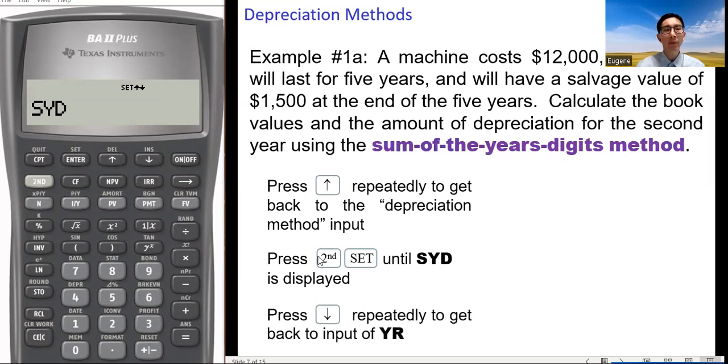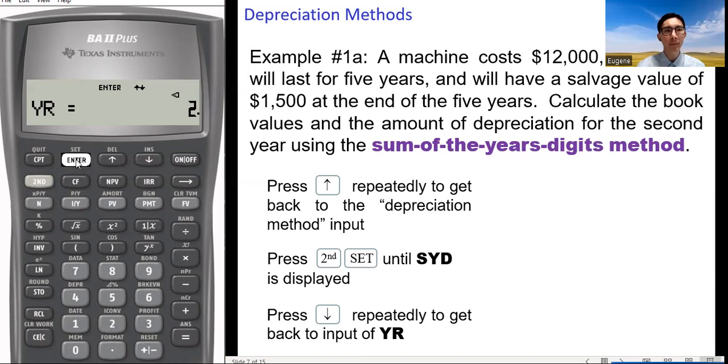And then we press the down arrow key again. We get all the information in the calculator. LIF is 5, M01 is 1, CST 12,000, SAL 1,500, and then YR we set to 2. We want to get the information for the second year.